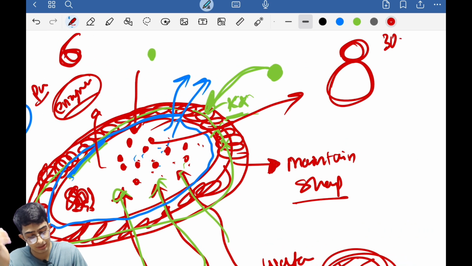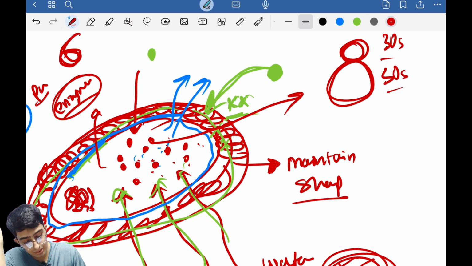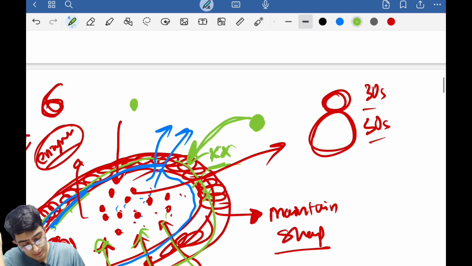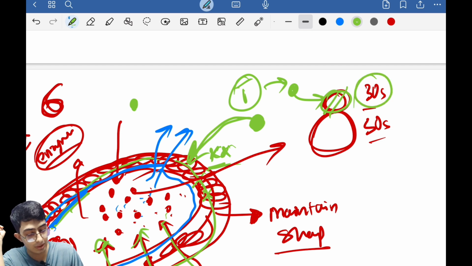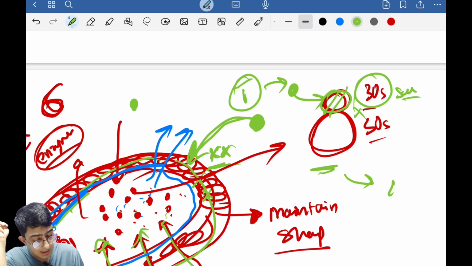Units I forgot, like 30S and 50S unit, right? So what these drugs do is, the drugs such as tetracycline, right? Tetracycline goes and binds with the 30S subunit of the ribosome of the bacteria, right? And it inhibits it. When the ribosome is inhibited, then no protein synthesis